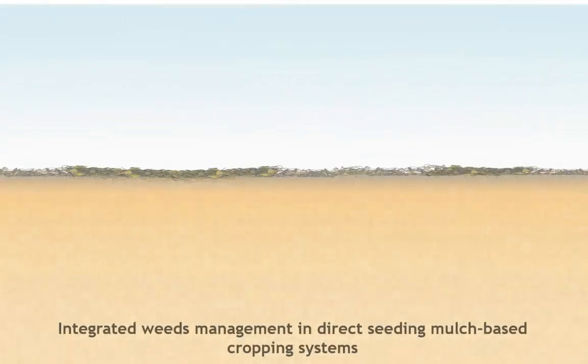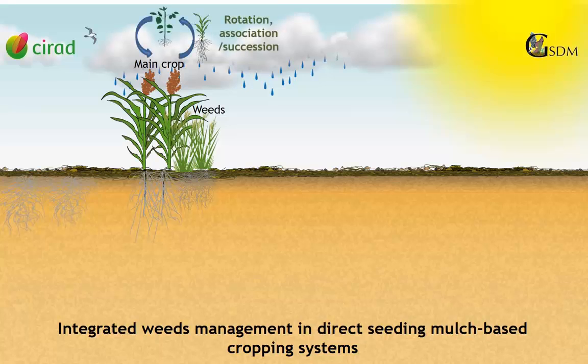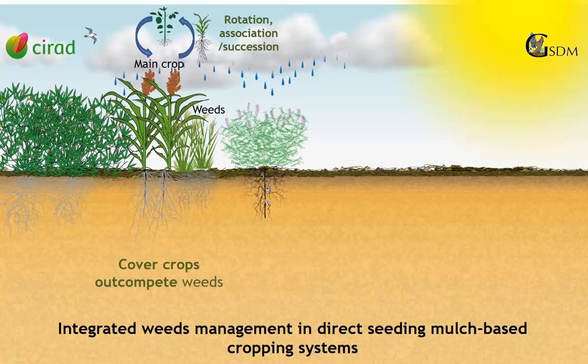Weed control in DMC systems is achieved through a combination of tools. The first tool is to develop diversified cropping systems. The rotation, association, and succession of different staple crops, cash crops, and cover or relay crops will help reduce the weed pressure. The second tool is the cover crops that are chosen to be very competitive against weeds by competing